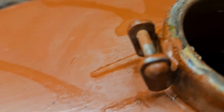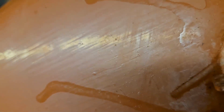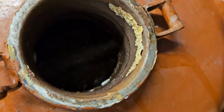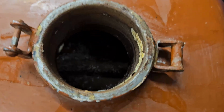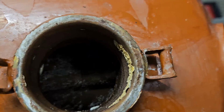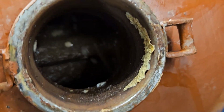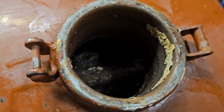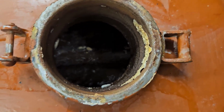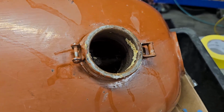Let me see if I can get this off and have it roll over the top. Let me get a little bit better light on it. I don't really think you're going to be able to see it, but see the glops of cream coming over. This has only been in there like 10 minutes, so I'm going to fill it to the top,